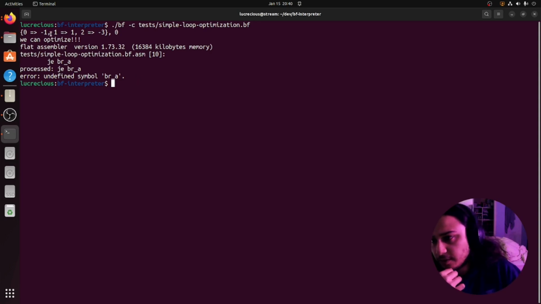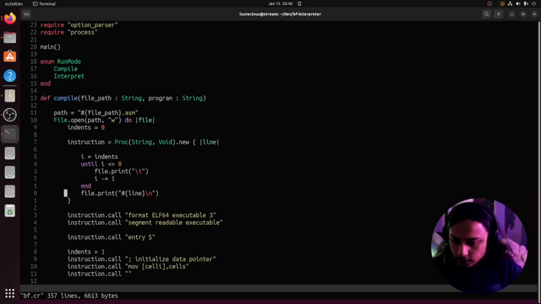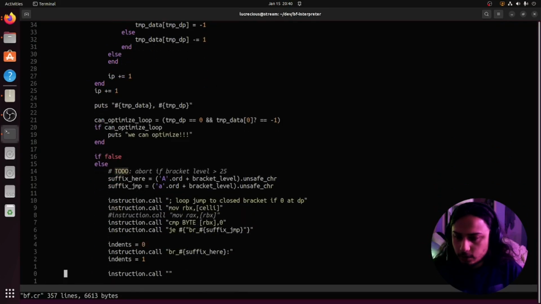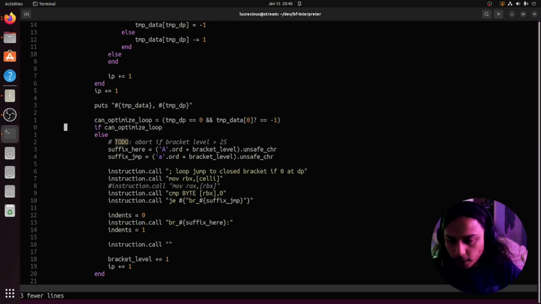So now these are the factors. These are factors actually to the data pointers, to the 0th data pointer. So let's implement that. Okay, so let's go down there and implement it, because we can do it. And we'll delete these guys. Okay, so because we can optimize, we will